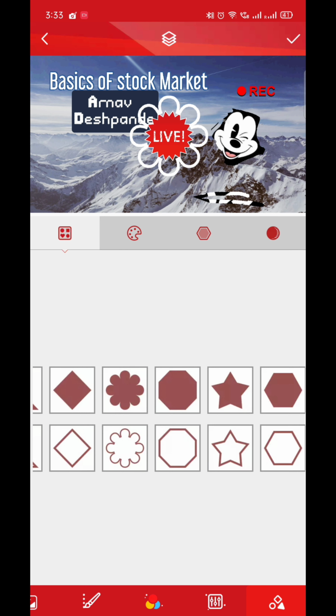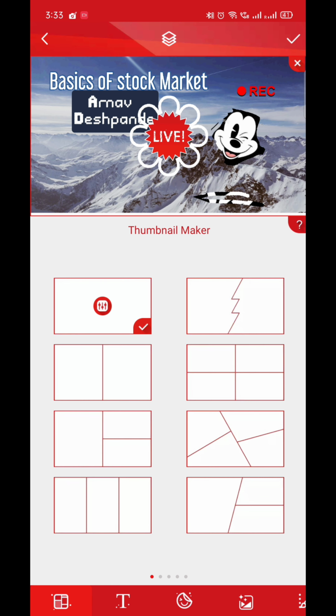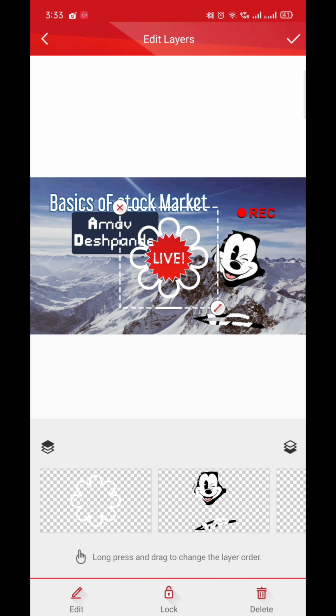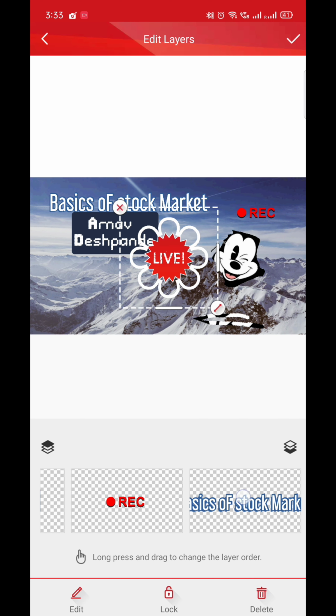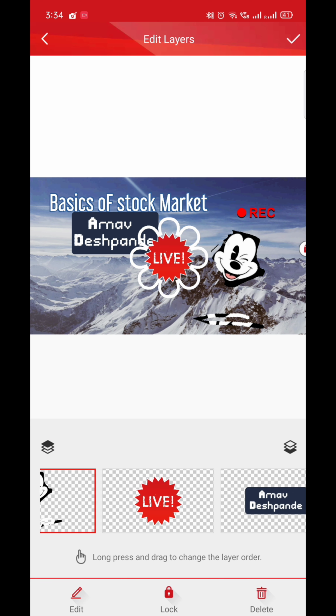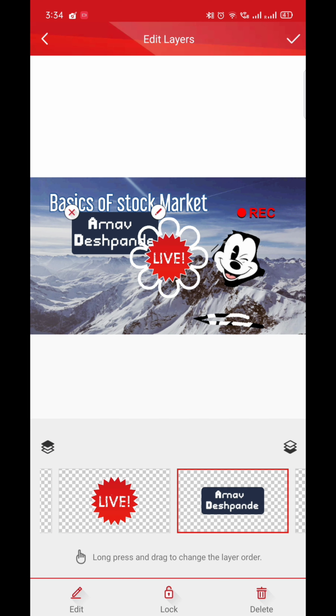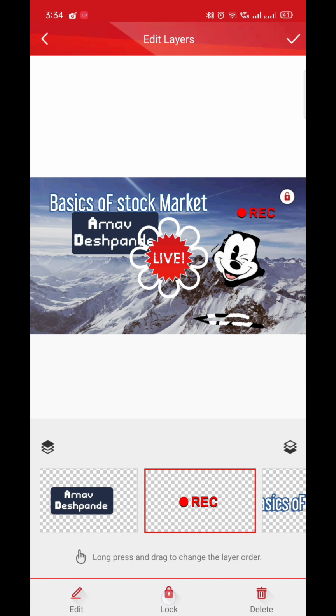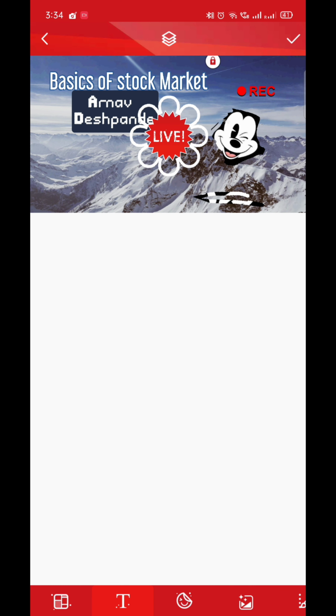So this was all about adding the overlays, and even you can lock the layers if you are facing some difficulty in adding other layers. So you can lock the layers or particularly edit any layer if there is any difficulty. So I'll lock all the layers and show you how it works. I have locked all the layers, and now as you can see I cannot move or do something for that one because the layer has got locked.